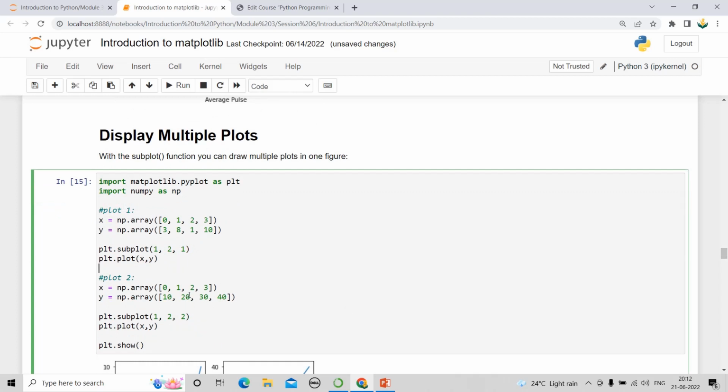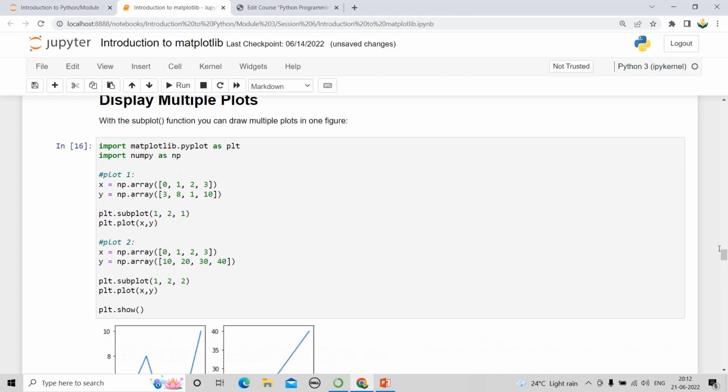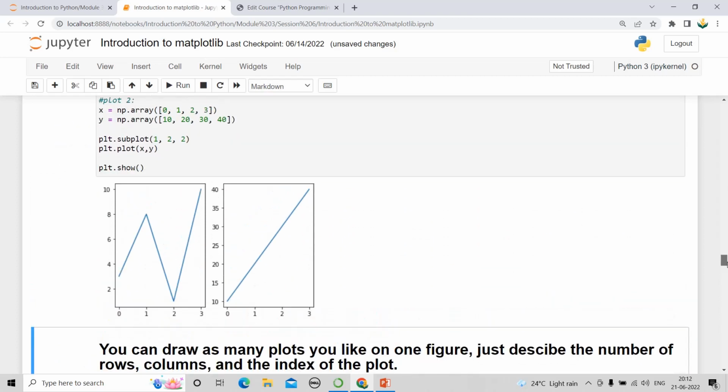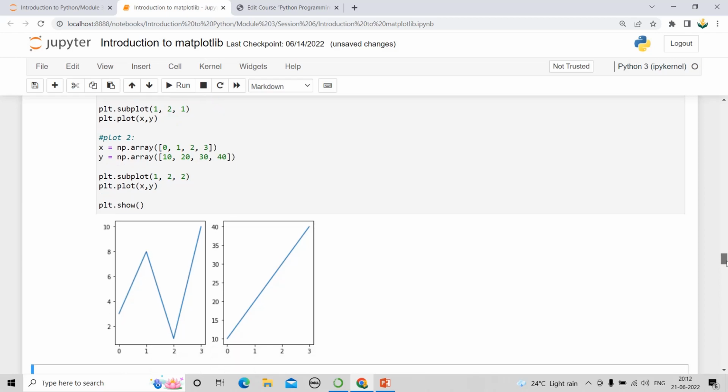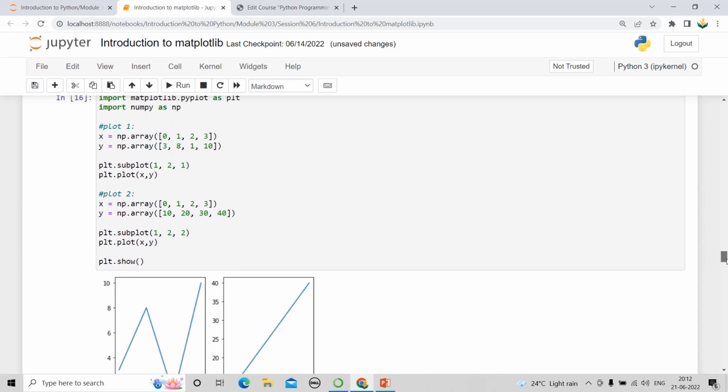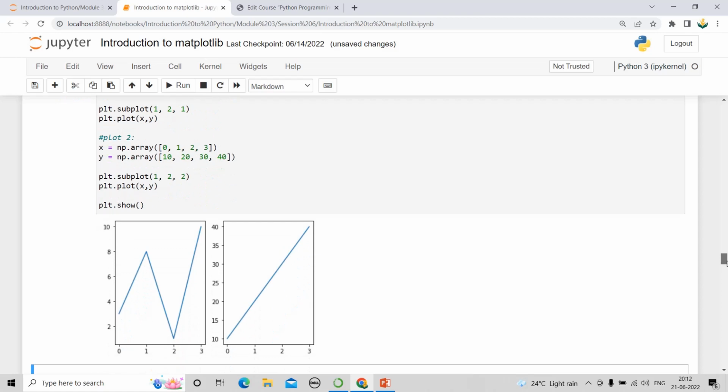We'll talk about this one. Now next, plot 2 x comma y, I'm giving the values. Okay, subplot 2 1 comma 2 comma 2, I have given. Next, I'm just displaying using plot. And plt.show, the moment you hit plt.show, you can see you are going to have two plots here, with 1 comma 2 comma 1, as well as 1 comma 2 comma 2